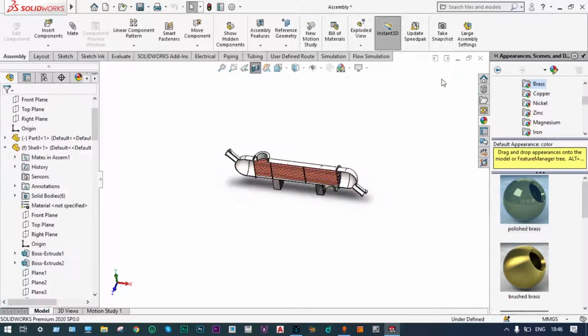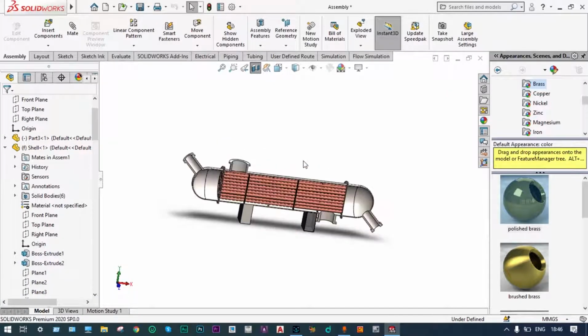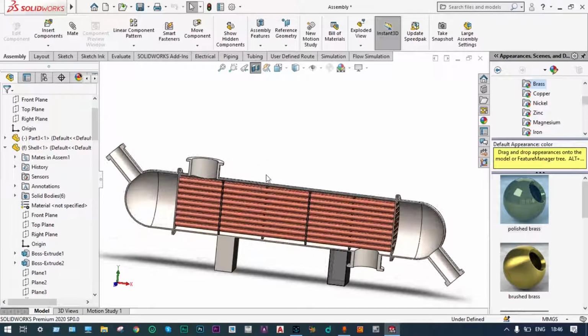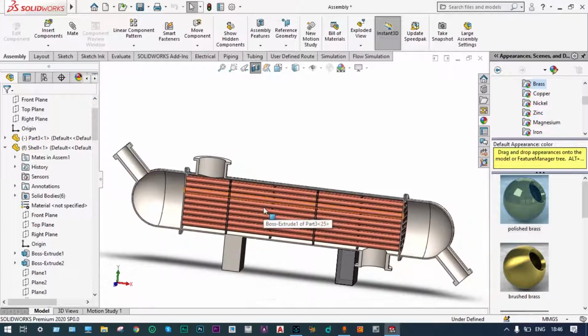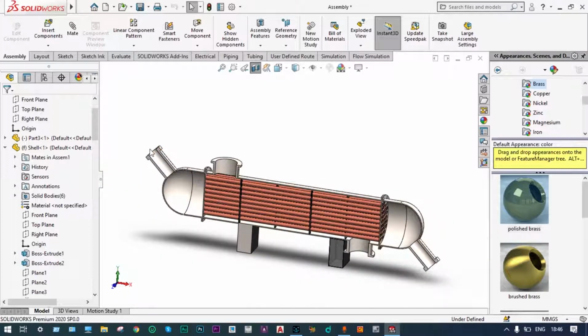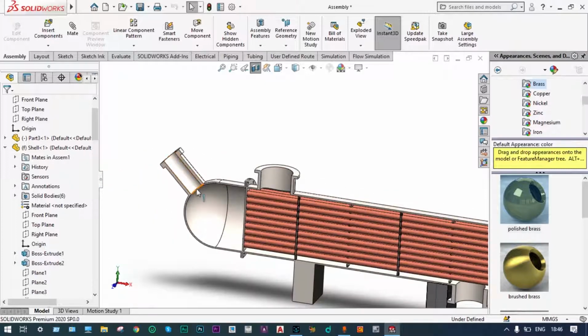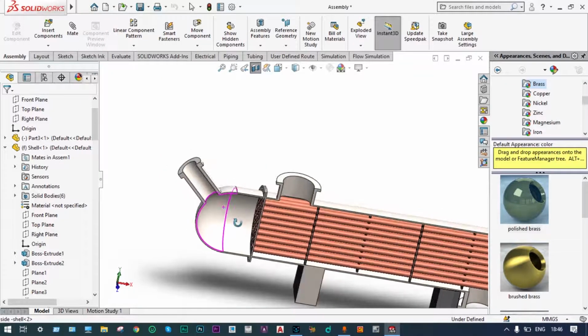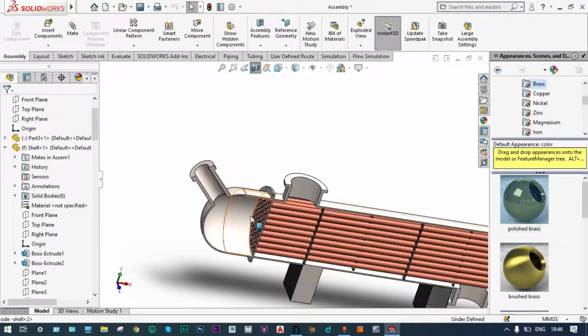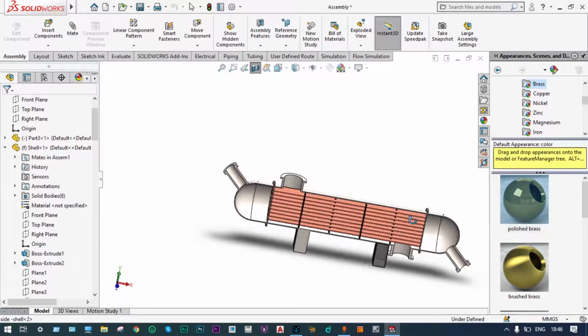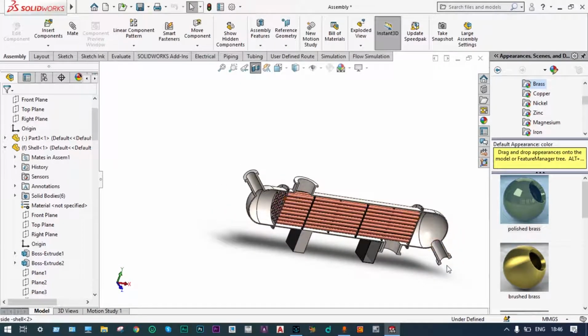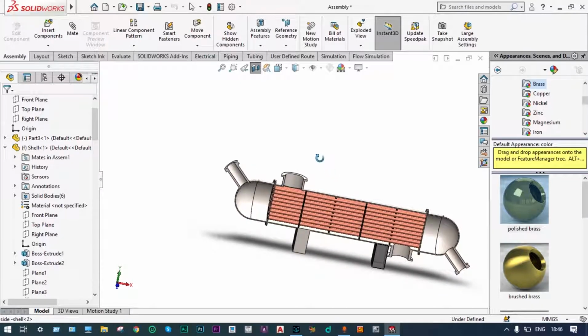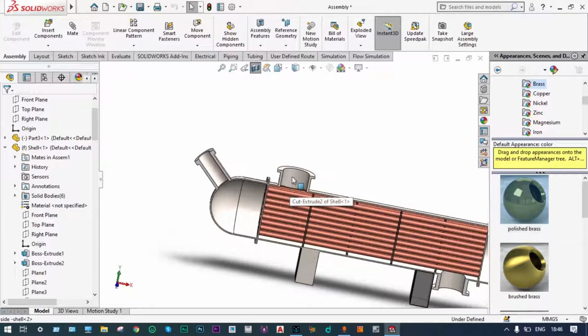Green check. So this is our single pass shell tube heat exchanger. From this one, hot flue gas or hot water will be passing, and as this is closed, hot flue gas will be passing through these tubes, and finally it will come out at this location from the exit of hot flue gas. And at the same time, we are providing cooling by using cold water from this location. This is the entry of cold water,